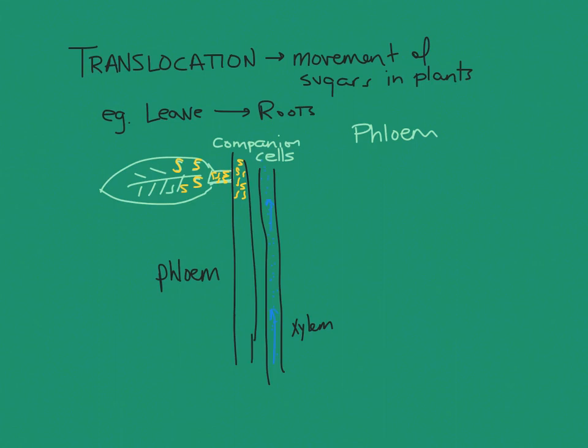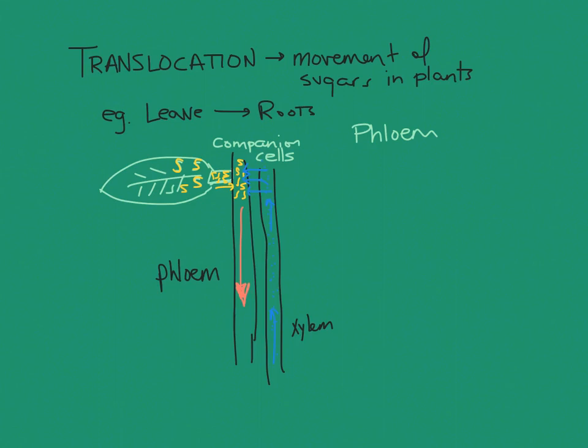And we learned earlier, what does water do if it goes to an area that has less water? It naturally moves. So some of the water actually goes into the phloem tissue. It dilutes the sugars, which also causes more sugars to come in, and the pressure created from the water going in makes the phloem a conduit to take this sugary sap